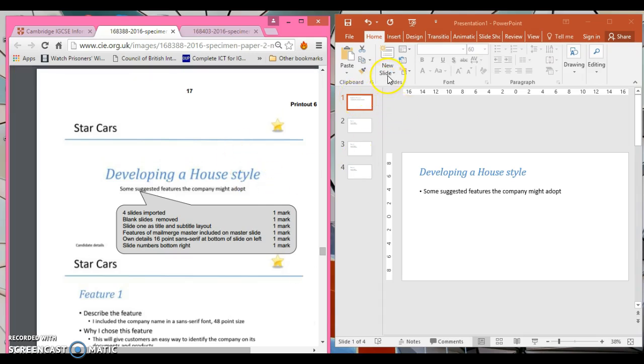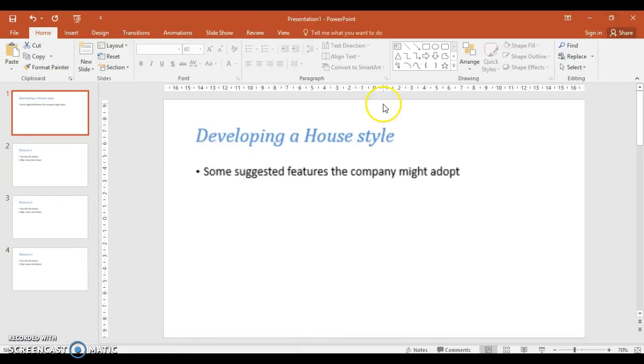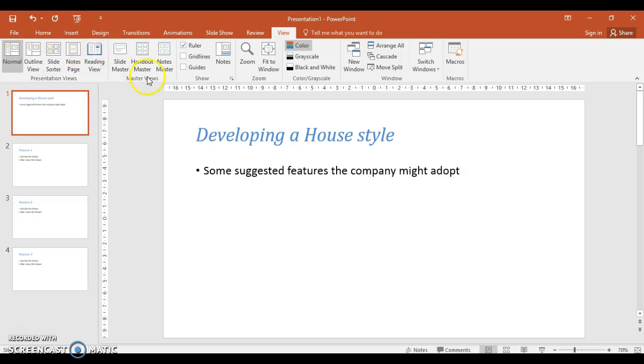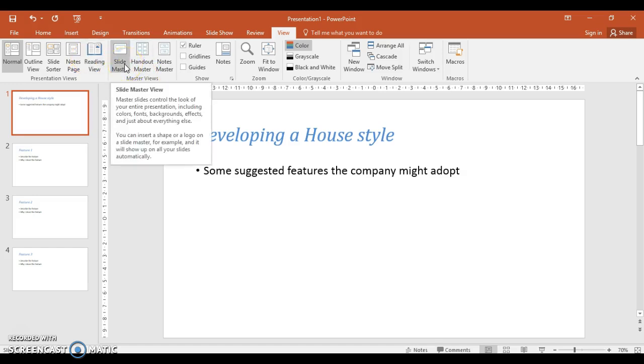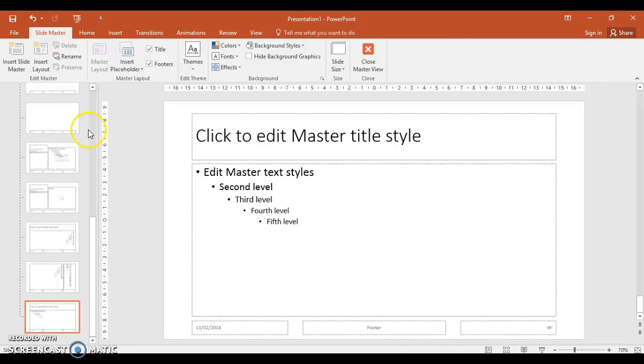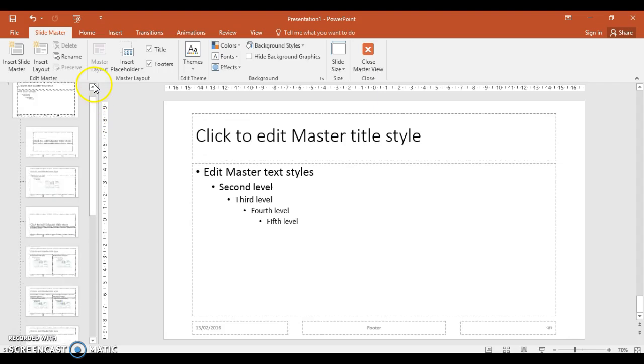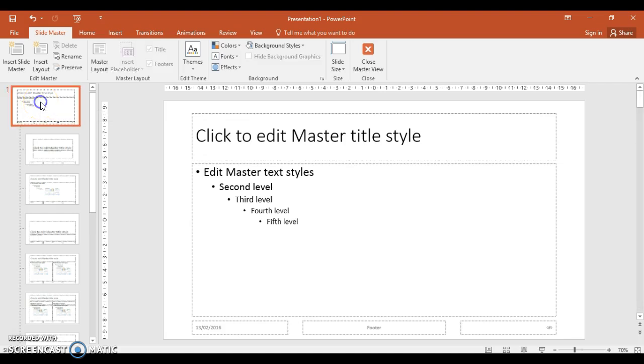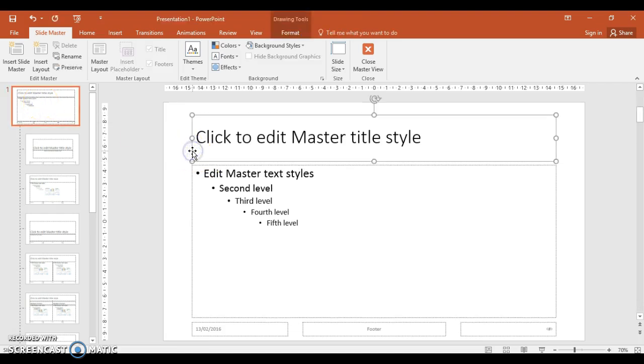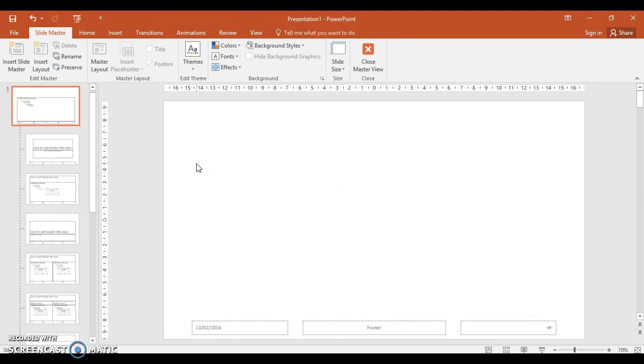So what you would need to do is simply go to view, and I'm just going to explain this. I'm not going to show you it because we have been through it in class. Slide master, and please make sure, because as I've described to you before, Microsoft master slides, really, they don't work. So you need to click on the first slide, and I would delete all of these text boxes. Don't use them. They don't work. And enter your own text boxes, enter your own